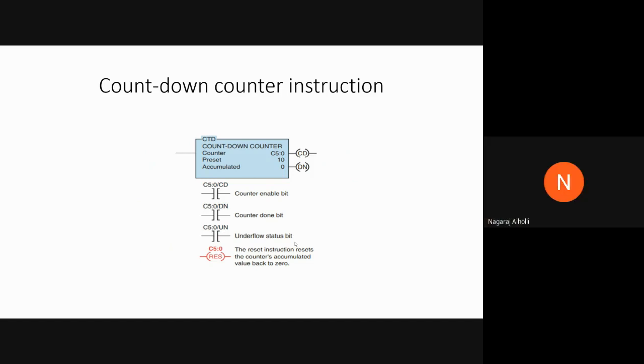There is one more condition called the underflow condition. Underflow is just the opposite of the overflow condition. It counts from, say, 55, 54, 53, 52 like this up till 0. After 0, it will come back to 55, and again it will start to count from 55, 54, 53 up till 0. This is called underflow. Overflow is just like the overflow of your overhead tank. Right? When the tank overflows, the water will come down to the ground level. Correct? So this is called the overflow condition. Underflow means it is just the reverse process of the overflow condition.